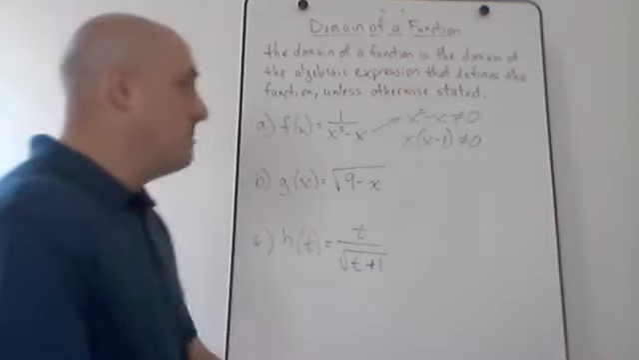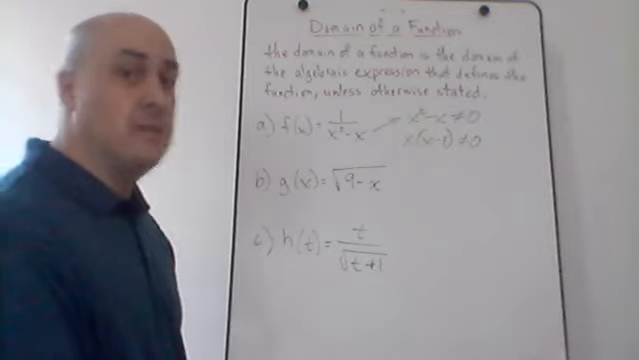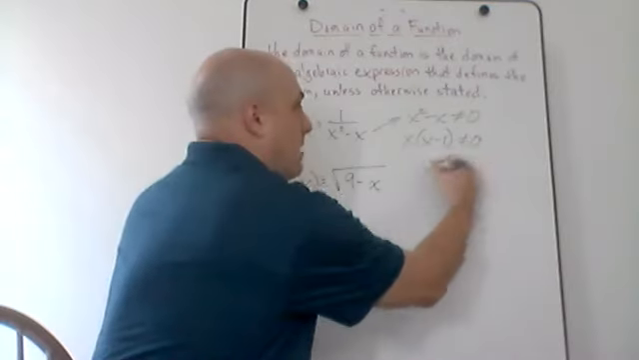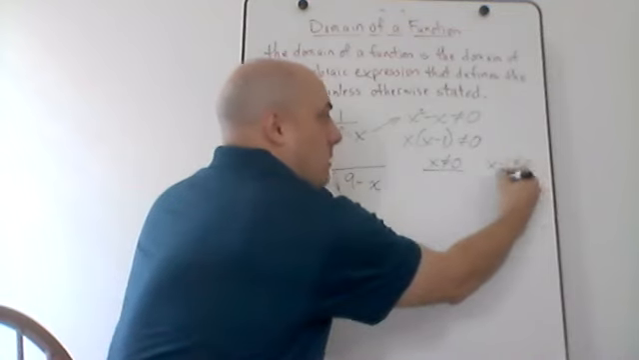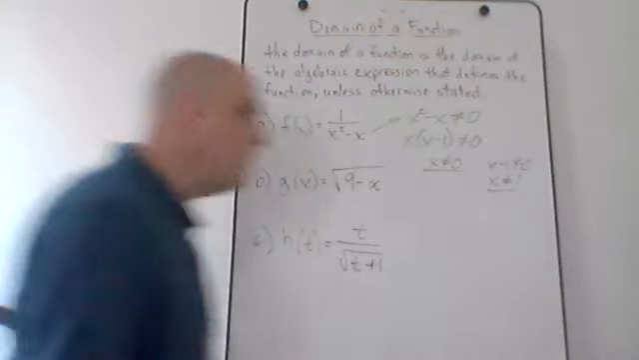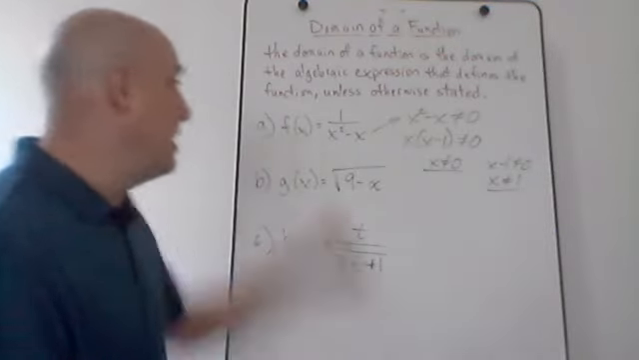So x times x minus 1 is not equal to 0. And then, just like when I'm factoring something that equals 0, I kind of set these apart. So I say x cannot equal 0, and I say x minus 1 cannot equal 0, which when I add 1 to the other side, I get x cannot equal positive 1. Right, so those are the two numbers that cannot be in the domain of this function,